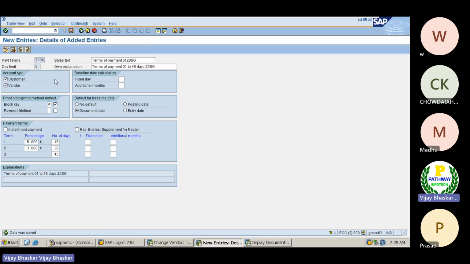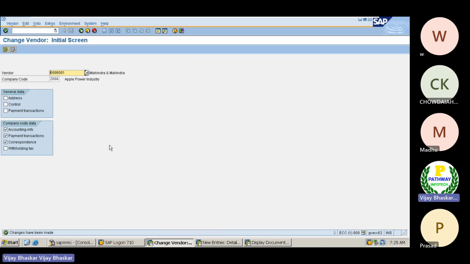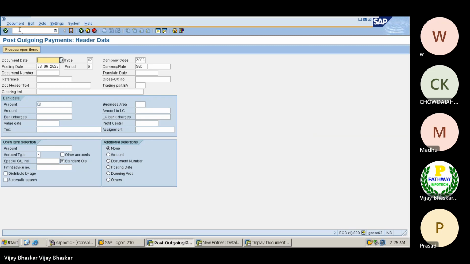Now let us try to make the payment to the vendor. /n F-53. Let us try to make the payment today only. Let's see how much percentage the system will calculate, just for our understanding only. The amount I'll put is 5 lakhs 1 rupee.